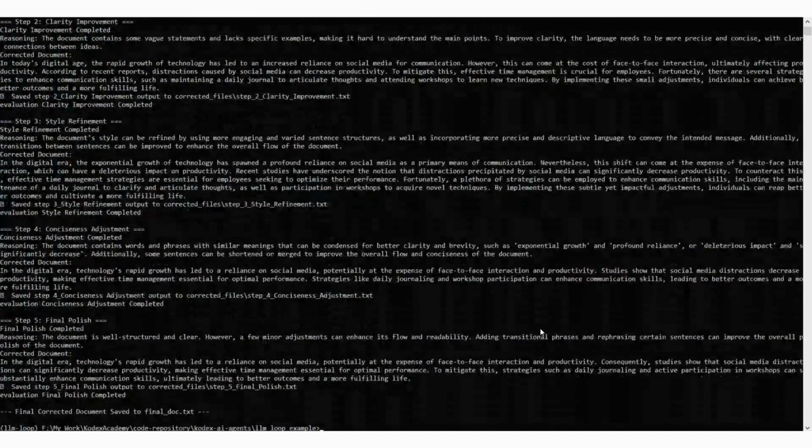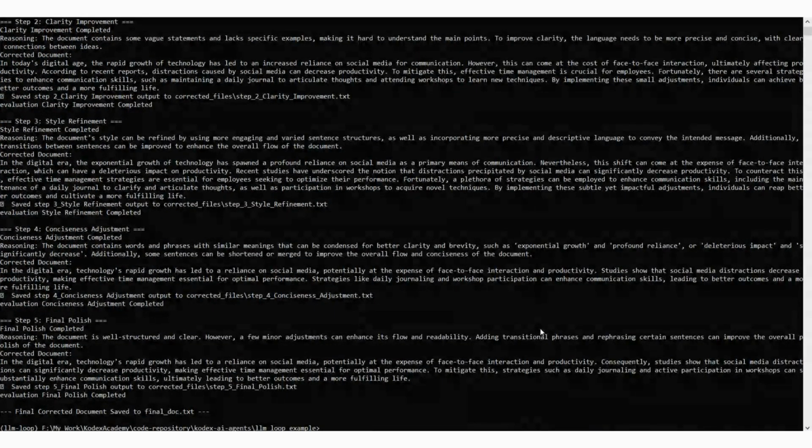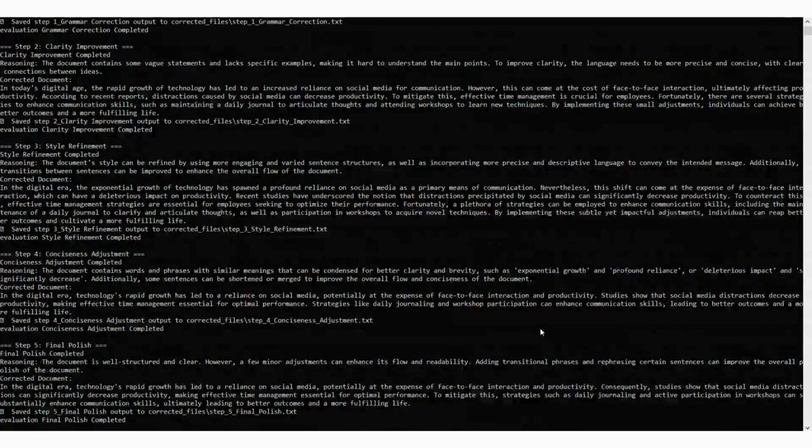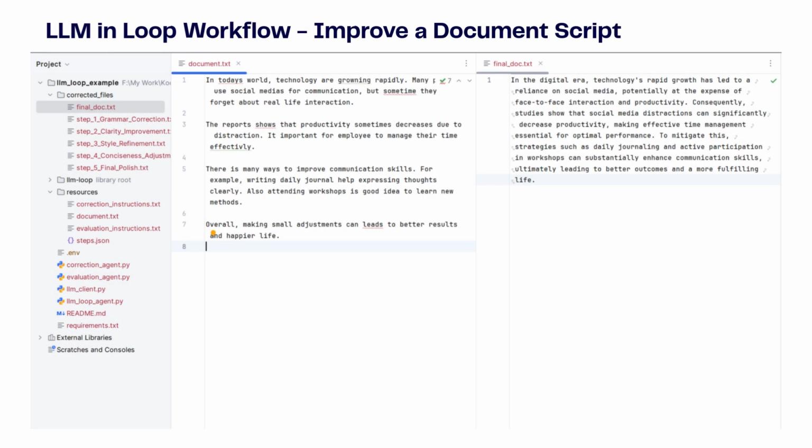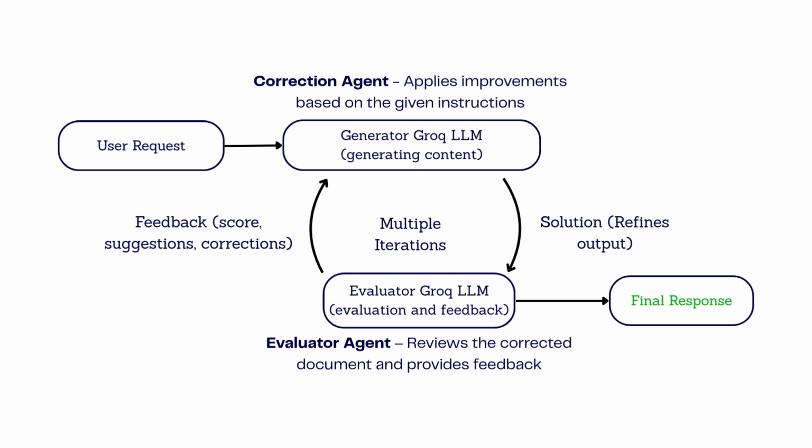In our case, we had 5 steps, and each step went through both correction and evaluation stages. If you check the logs, you'll see messages like grammar correction completed followed by evaluation for grammar correction completed. By comparing the documents across steps, you can clearly see how the script improves with every iteration, becoming more polished and refined until we reach the final version. That's it.